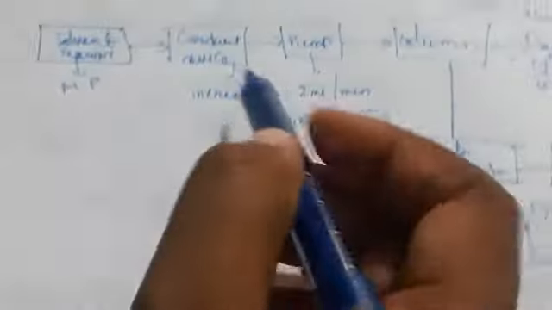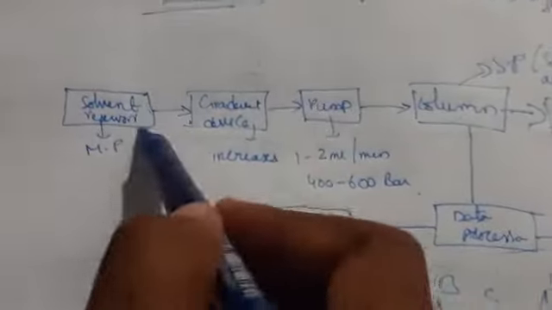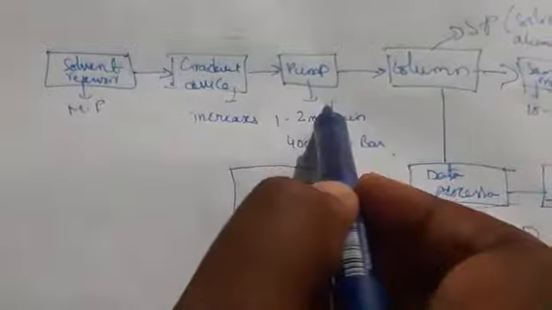The sample has different mixtures. So this is nothing but the principle of HPLC. Now here we have different types of applications and advantages, and the uses of HPLC also. Generally we should know the basic terms here. A solvent, including pumps. First of all, a solvent is injected by the pump.